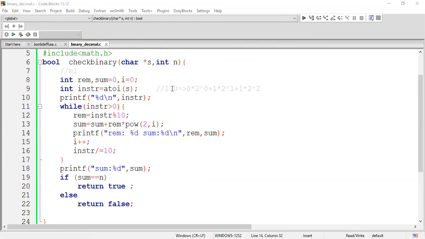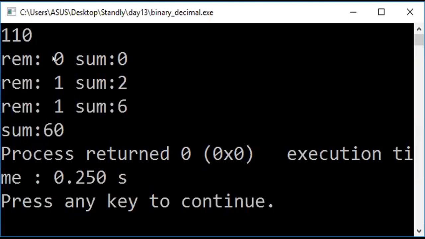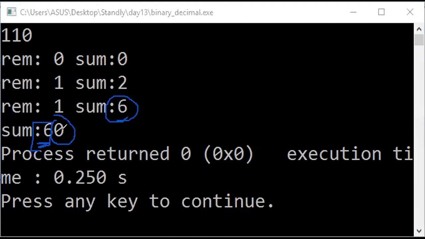Here is the output, right? Just a minute. So first, remainder value is 0 and sum is 0. Okay, and remainder value is 1 and sum is 1. Guys, this confused us. We didn't give a line break. That is the problem. So what happened here is some value is taken as 6. That's right. So the 0 here is because we are printing true or false. We are returning back true or false, right? So it has been printed as false.